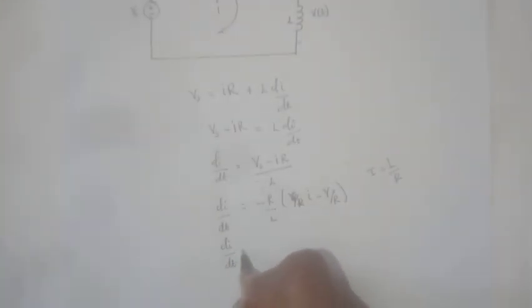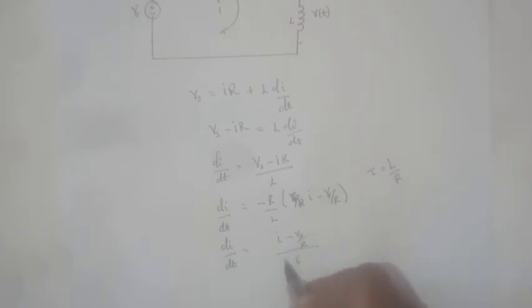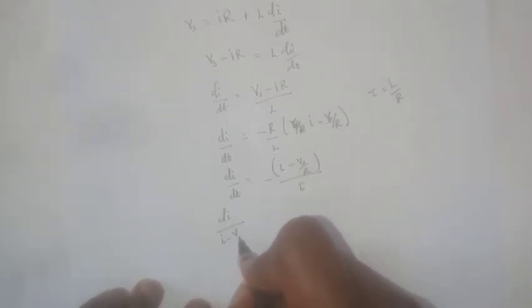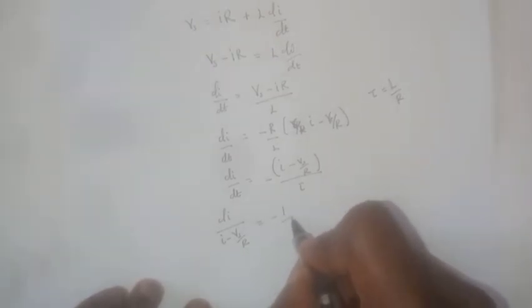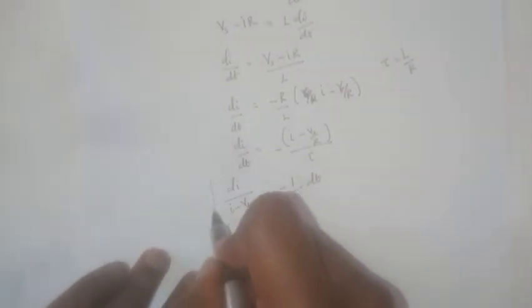Recall that tau is equal to L over R. So we can write this as di dt equals (I minus Vs over R) over tau, all negative. We can then say that di over (I minus Vs over R) equals minus 1 over tau dt. If we were to integrate both sides,